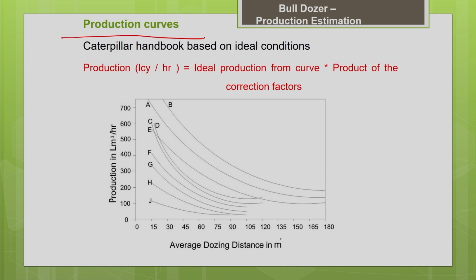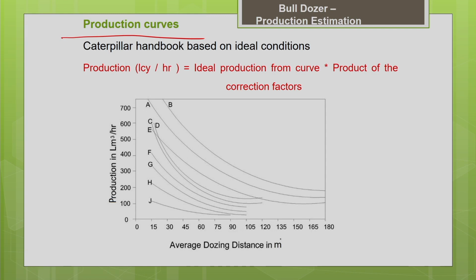With the help of production curves, see, some of the equipment manufacturers do supply these production curves for the different models which they have manufactured. From these production curves, this just shows some sample curves, some schematic diagram. These are not very accurate. I am just trying to show the trend of the production curves and the application of the production curves. So, the real production curves information you can get from the equipment handbook. So, say for example, the Caterpillar handbook.